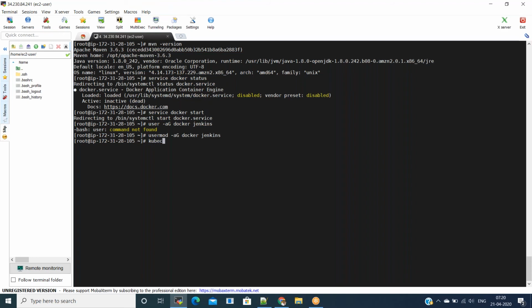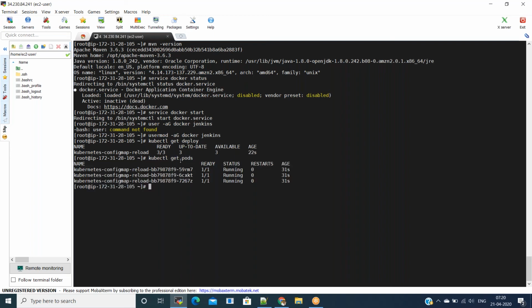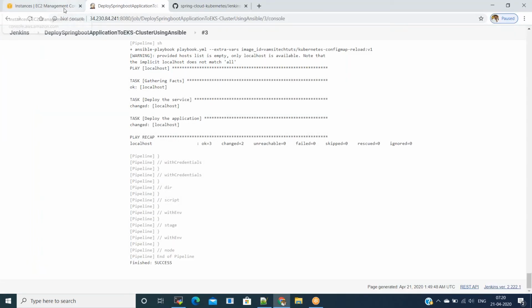Now we'll go and see whether deployments are running or not in the Kubernetes cluster. kubectl get deployments. Deployments, it's running, and it is running 3 replicas. We can see the pods also. kubectl get pods. If you see, 3 pods are running. And for this, let me show you the